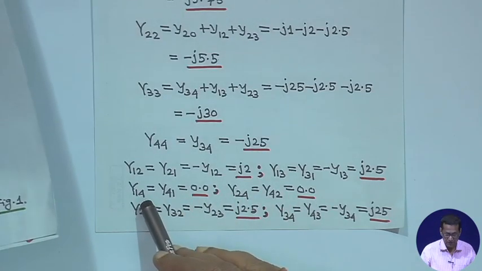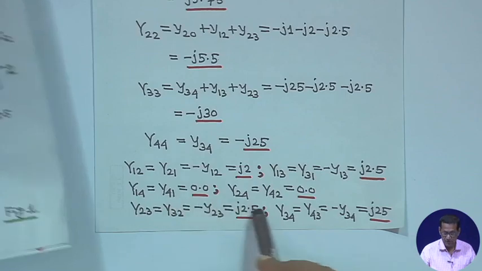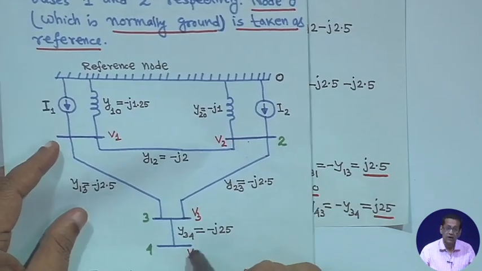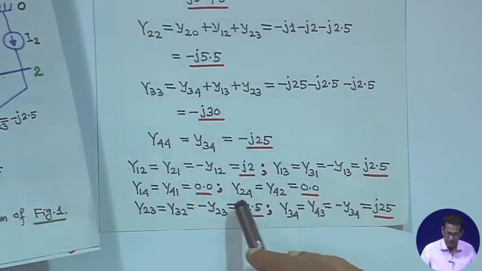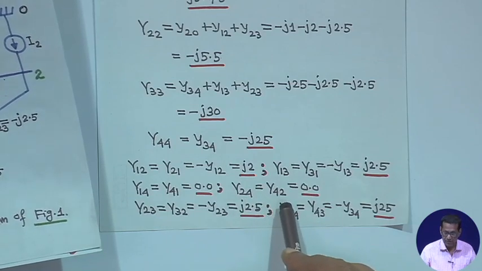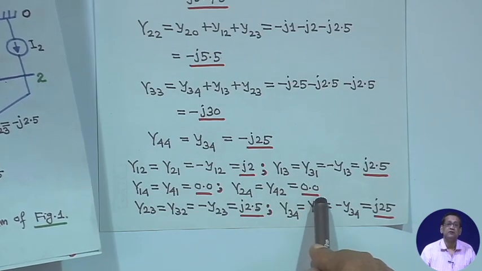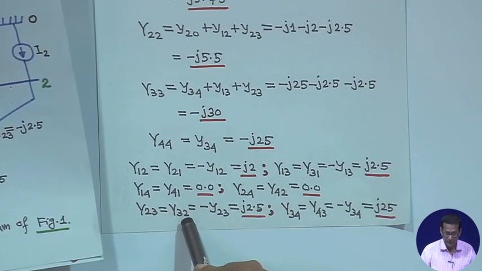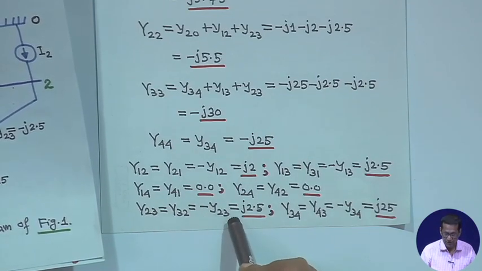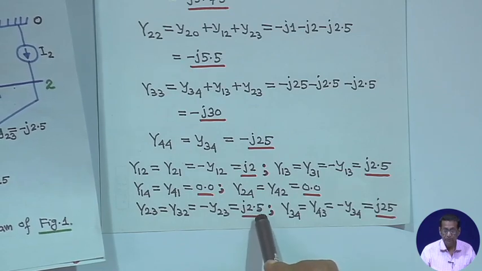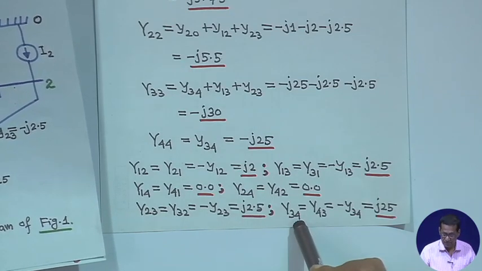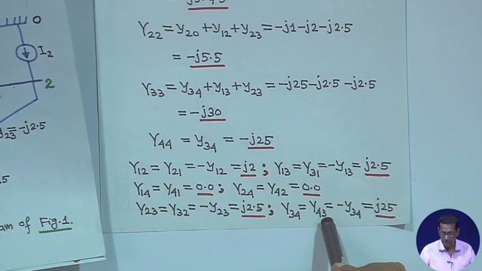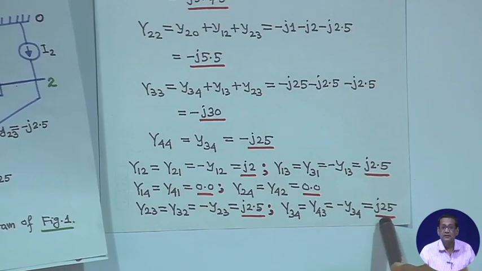Similarly, 2 to 4 there is no line, so capital Y24 is equal to capital Y42 is equal to 0, right. Capital Y23 is equal to capital Y32 is equal to minus small y23, that is j2.5, and capital Y34 is equal to capital Y43 is equal to minus y34, which is